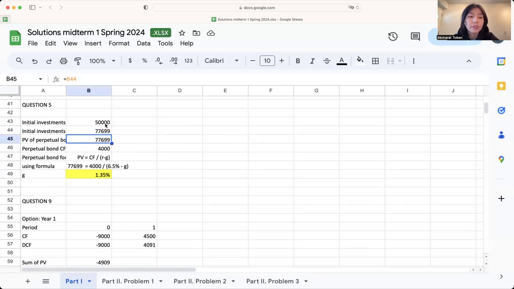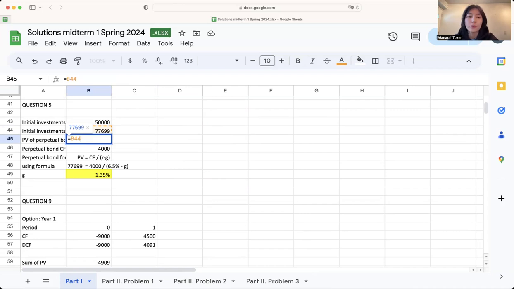First, let's start with the calculation of the deposit amount. $50,000 in 7 years is going to turn into $77,700. So basically, you have to multiply $50,000 by 1 plus 6.5% to the power of 7. So the deposit account in 7 years is going to have this amount of money. We are going to use this money to purchase a perpetual bond, which means that this amount turns into